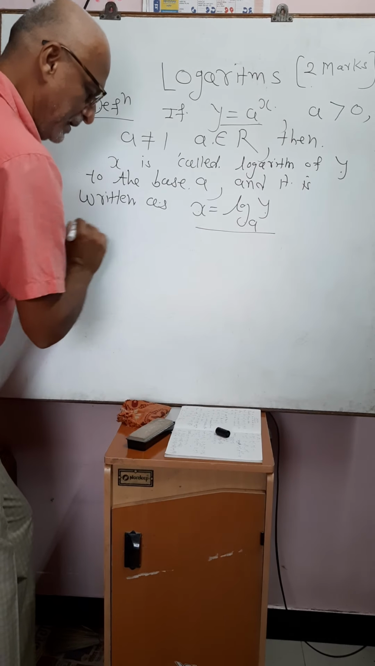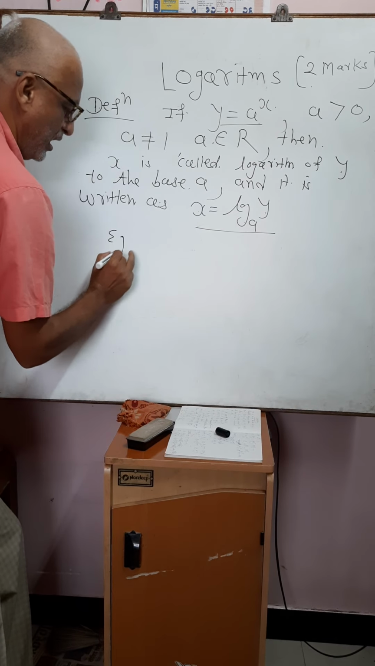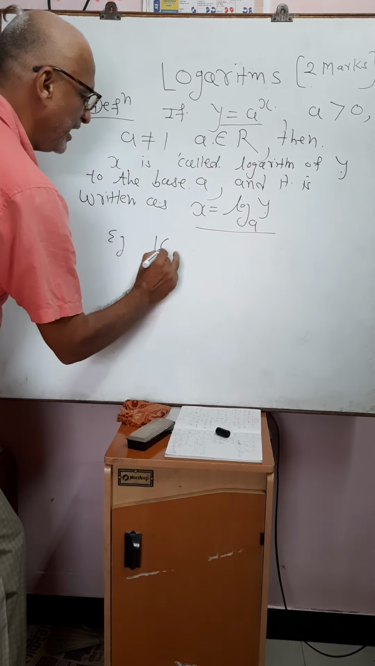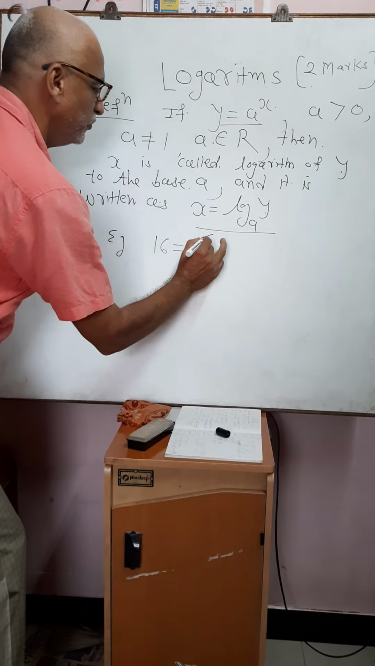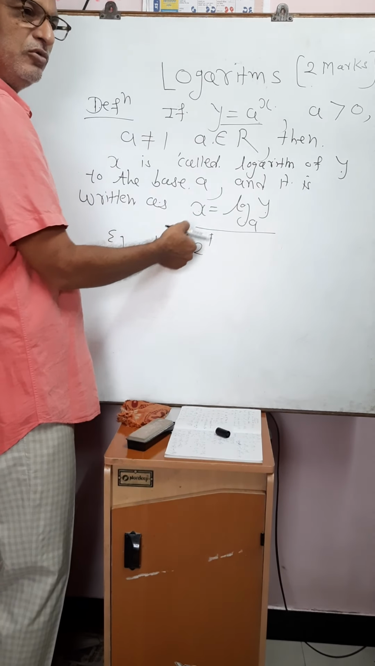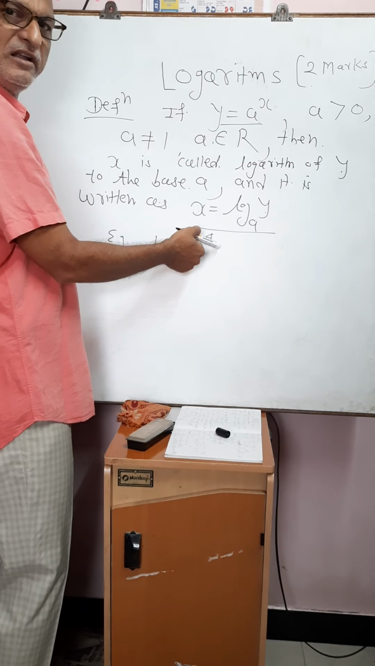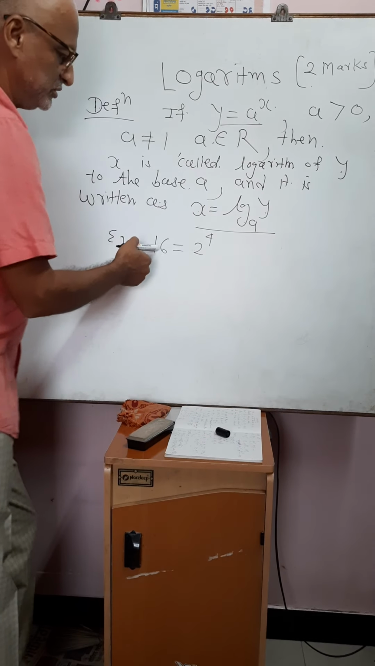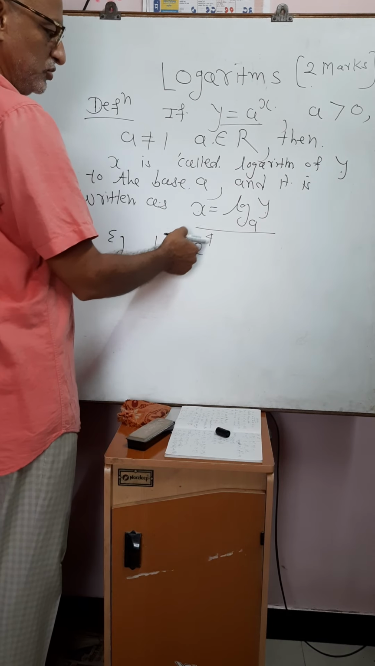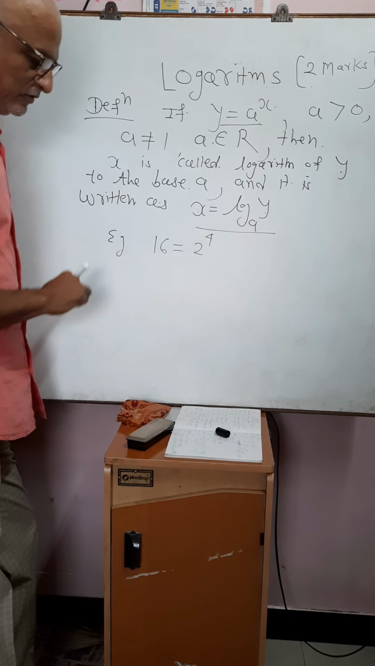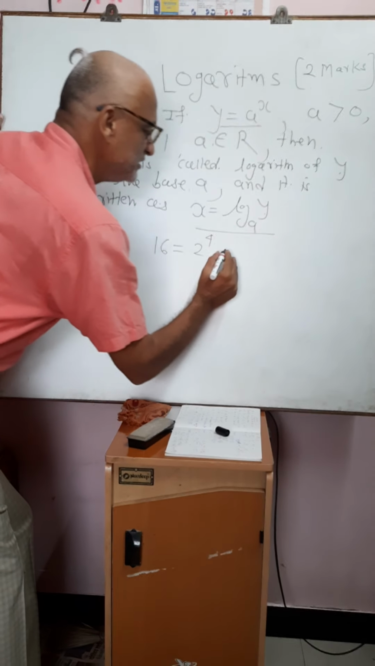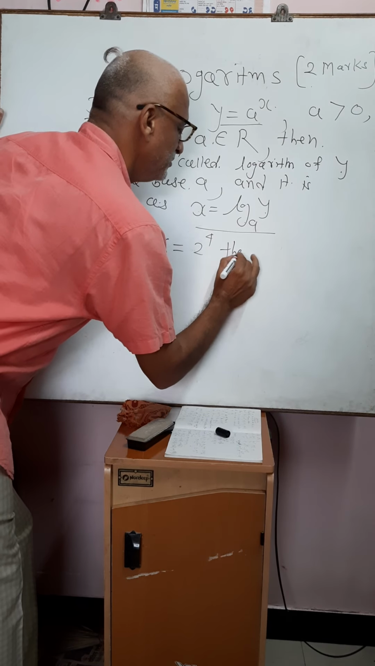For example, we know that 16 can be written as 2 raised to 4. 2 into 2 into 2 into 2: 2 into 2 is 4, 4 into 2 is 8, and 8 into 2 is 16. So 16 is equals to 2 raised to 4. This is the exponential form. Then its equivalent logarithmic form can be written